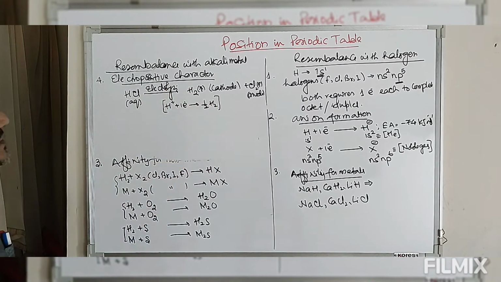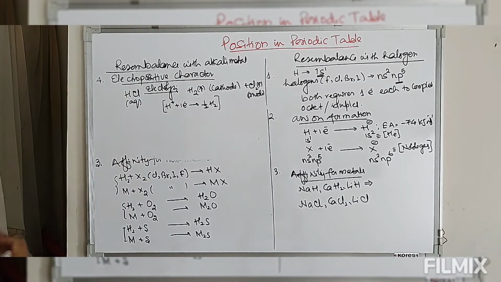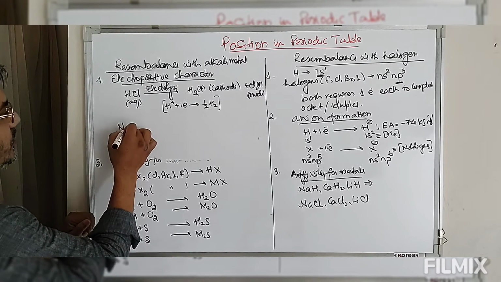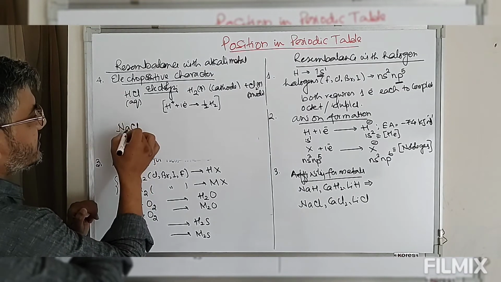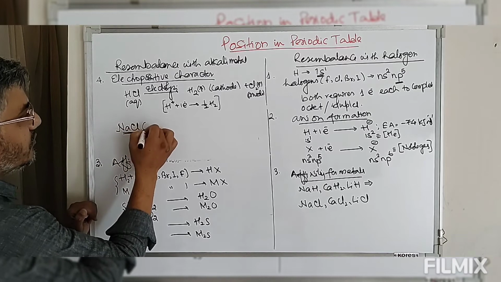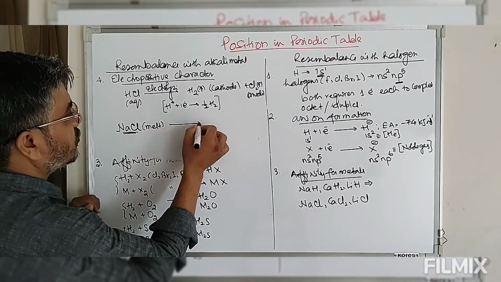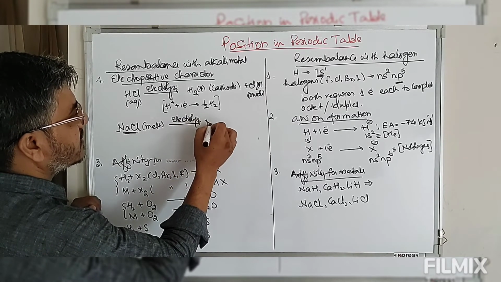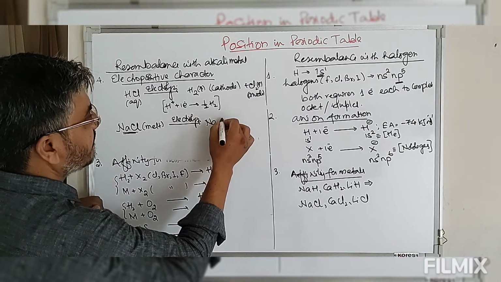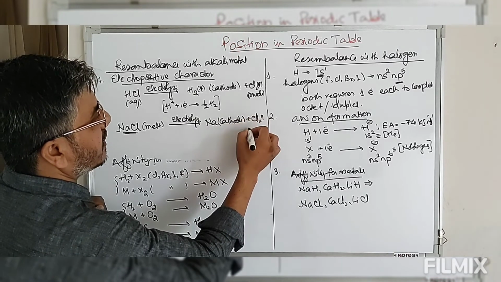For this to undergo a reduction reaction, the hydrogen must be present in the form of H plus ion. Similarly, we take the corresponding compound of sodium or an alkali metal, in melt form. That means we heat the sodium chloride to its melting point. When the melt of sodium chloride is electrolyzed, meaning we pass electric current, this gives you sodium metal at the cathode and Cl gas at the anode.